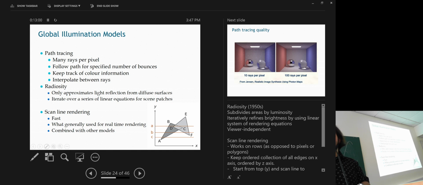So for a fixed Z value, for a given two-dimensional plane, instead of working with pixels or vertices and edges and triangles and polygons and all that stuff, it simply scans line-wise, starting from the top Y, and scans whether we have a point here, and then identifies what is first and what is occluded, what is second. So it gives us information on what should be rendered, whatever is in front, and what is in back should be